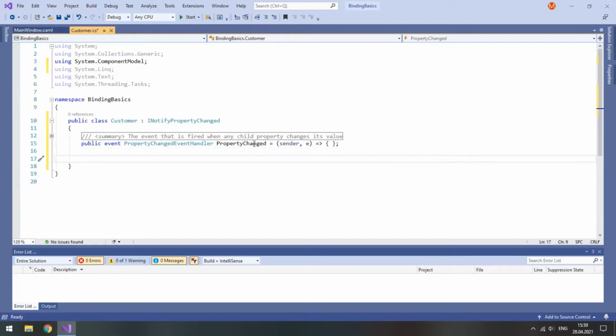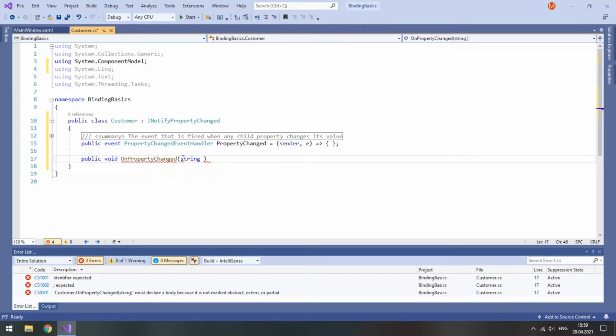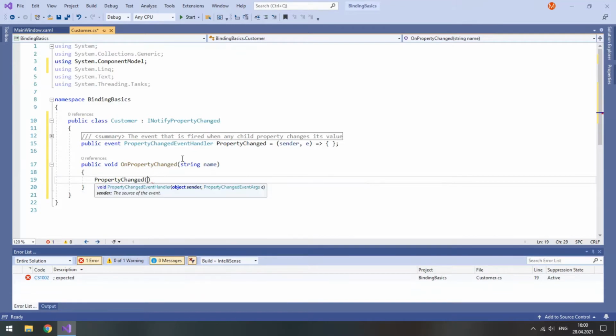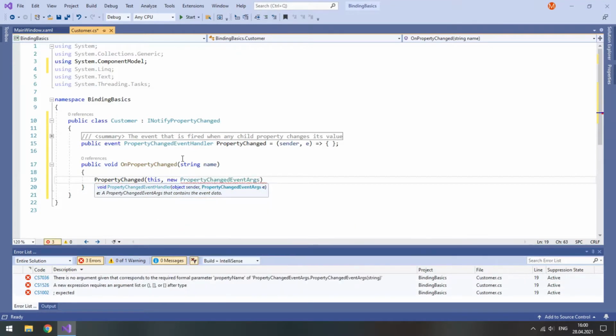Now, in order to call this event, we need a method. So public void, and let's call it OnPropertyChanged. It will accept a string parameter. Let's call it name. And we just access our event here, PropertyChanged, and in braces type this, and then new PropertyChangedEventArgs, and in braces type name.